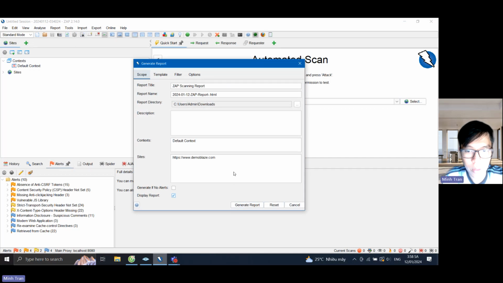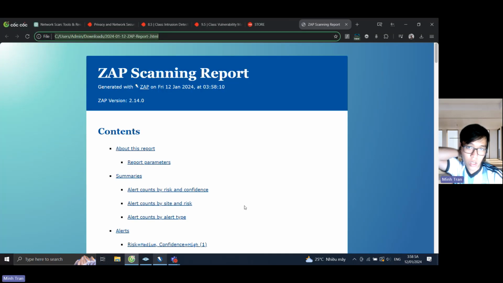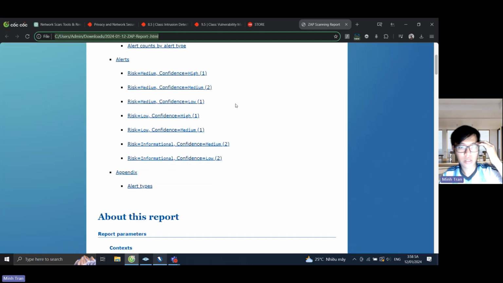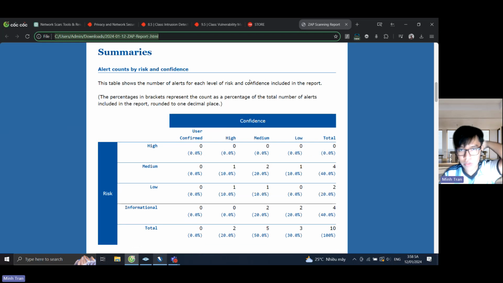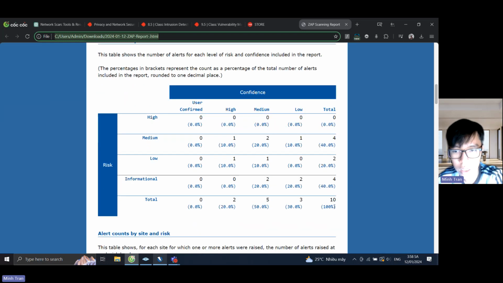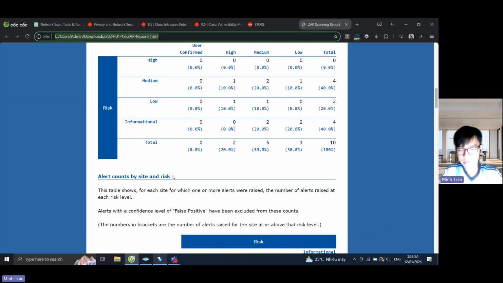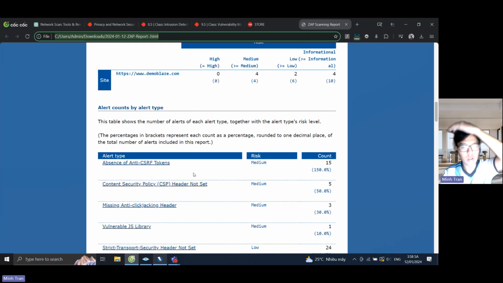Okay, generate report. I will store it in my downloads file. Okay, so as you can see here, here's the alerts. Here's the summaries first. So basically, in total there are 10 vulnerabilities that existed in this web page. Four at the medium risk, two at the low risk, and four at the informational risk. It's not that important. So I will move on to this